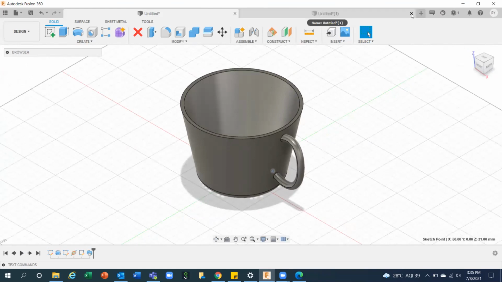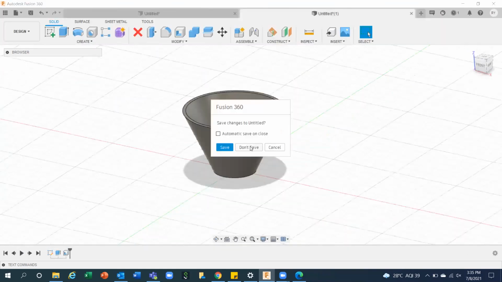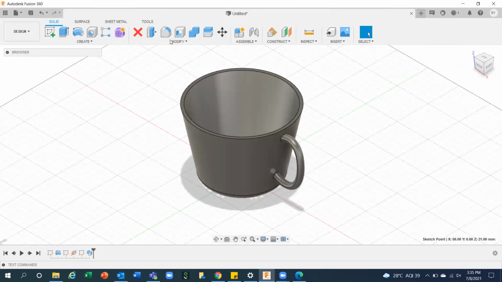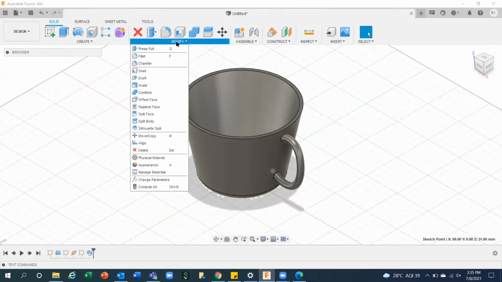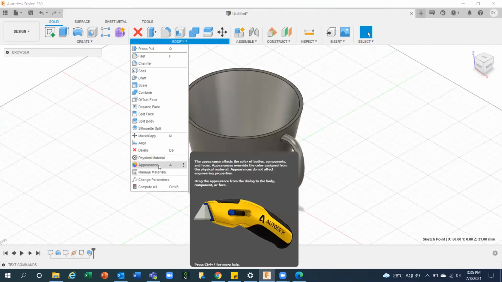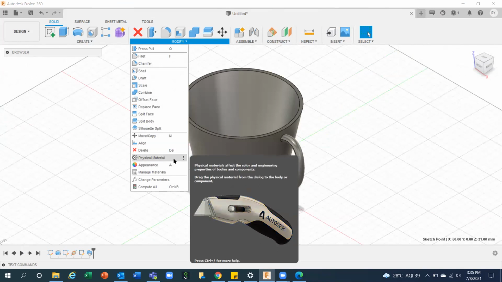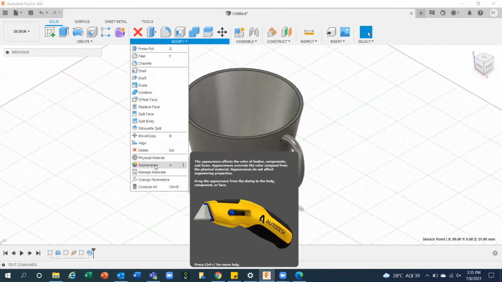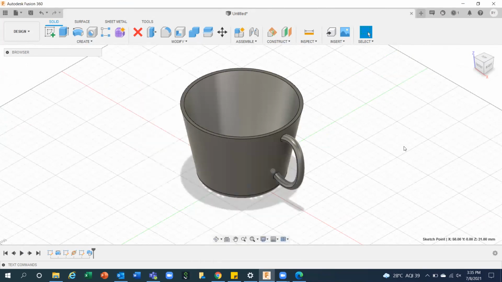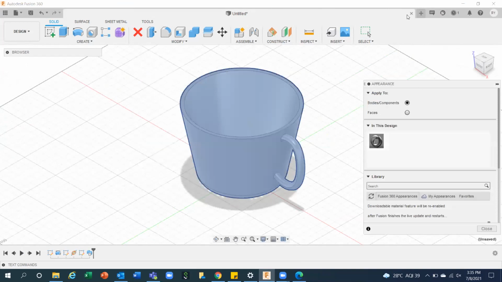Now, if you want to apply some appearances like colors or something, there is an option called modification appearance or physical material. Don't go for physical material because physical material depends on what material we are going to use for 3D printing. You can go for appearance and you can choose appearance colors.